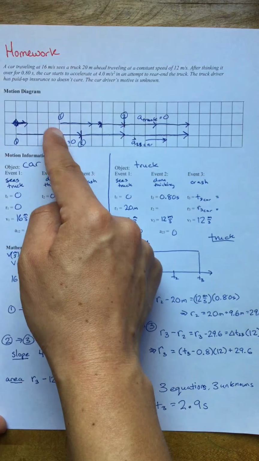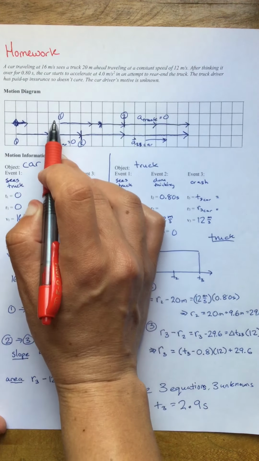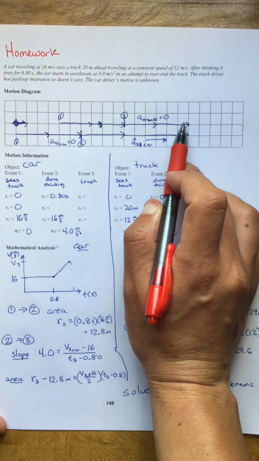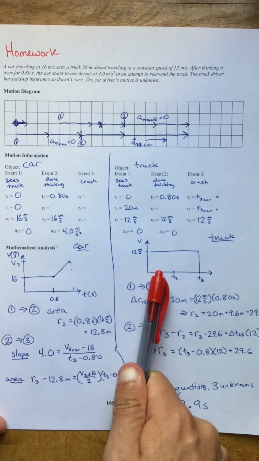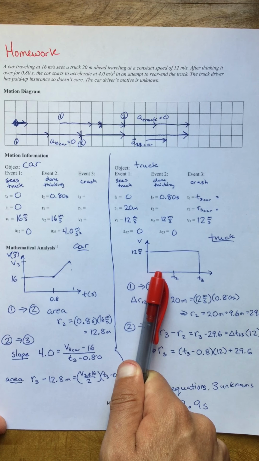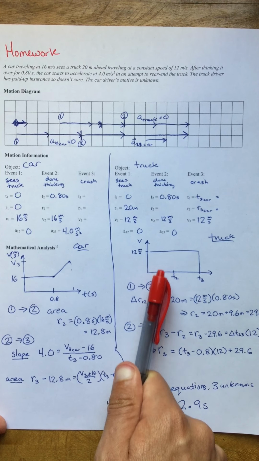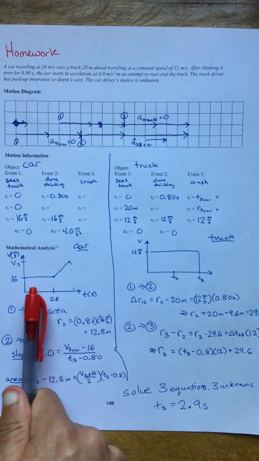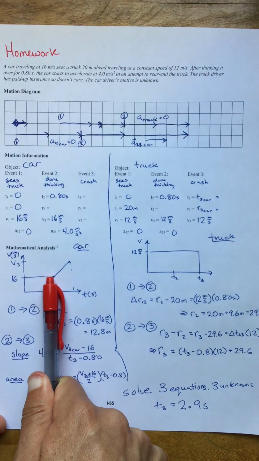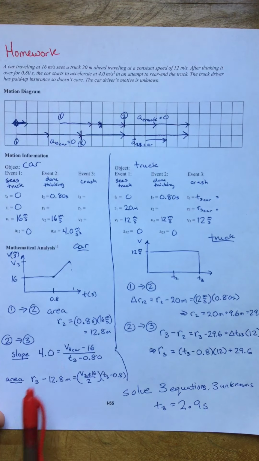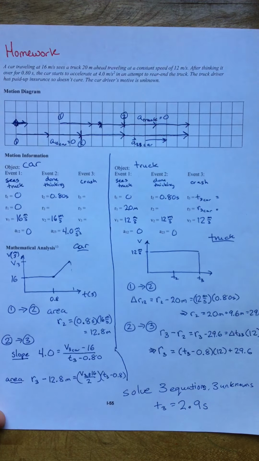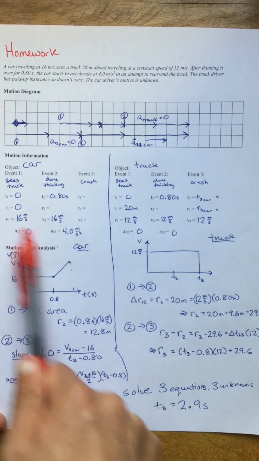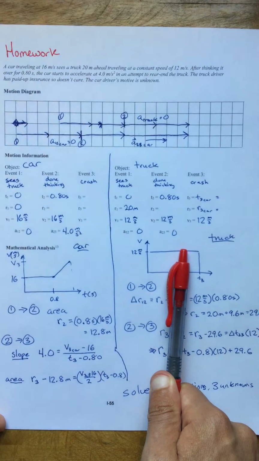The truck starts ahead of the car, so the truck starts here, and the velocity vectors are the same length the whole time. We draw a velocity versus time graph for the truck. The acceleration is 0, so this is just a flat line for velocity. And for the car, it's flat when the driver is thinking it over, and then the driver accelerates, speeds up, so the slope is positive. Okay, so I have all the information that was given in the table here, and then